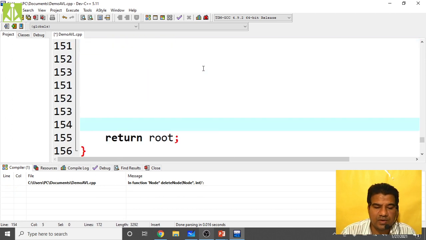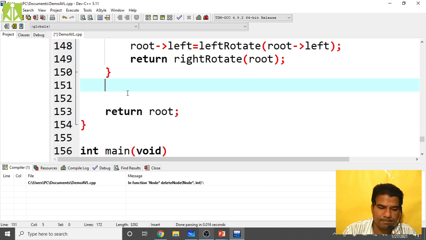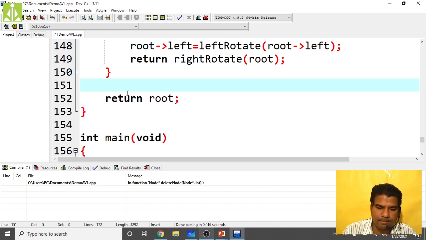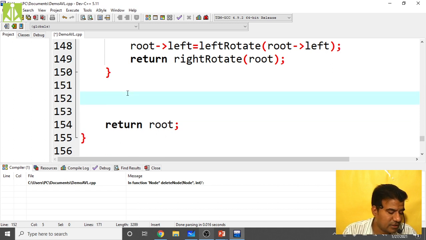The final case is the right case. Left we have written, left right we have written.